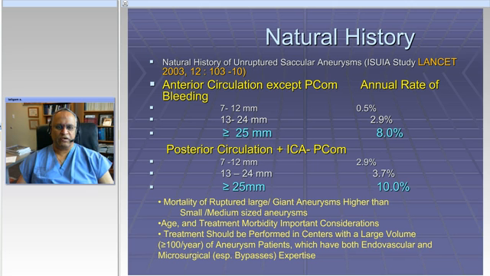The best study about natural history is the International Study of Unruptured Intracranial Aneurysms. There were some flaws in the study, in that patients being followed were patients who were rejected for treatment by other neurosurgeons, and they were being followed for this reason. Nevertheless, it gave us a lot of valuable information, and what it did tell us was that the rate of rupture depended on two things: the location,